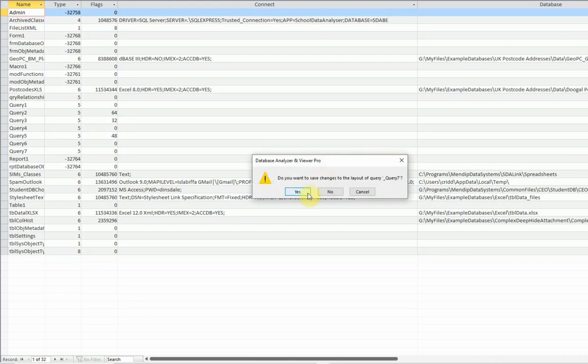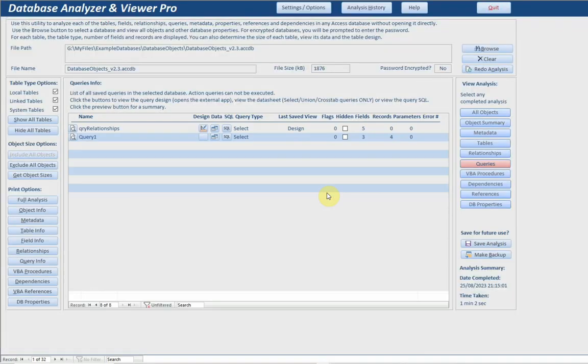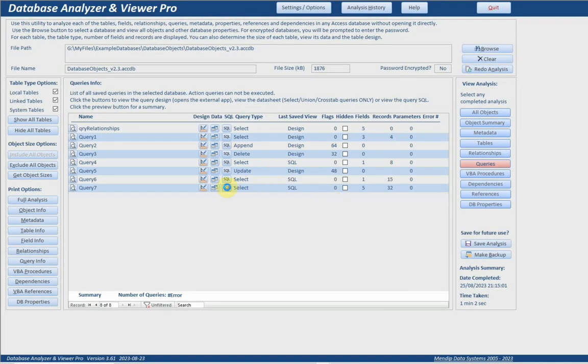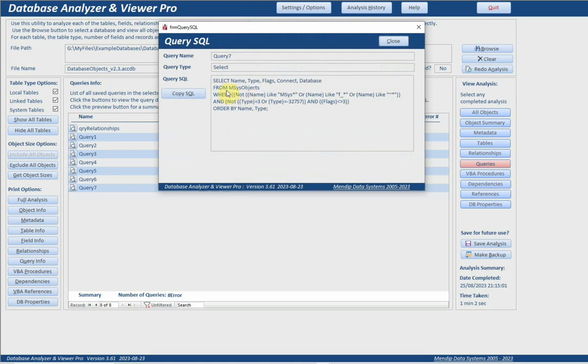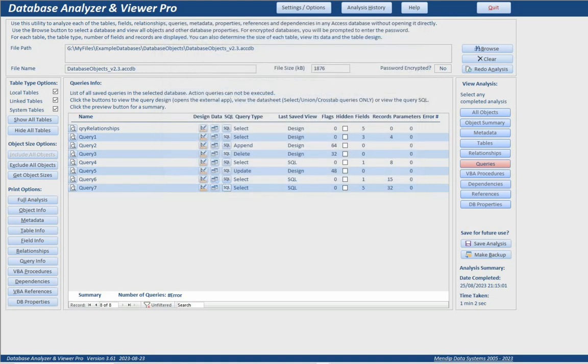Do you want to save the changes to it? Well, I can save them, but because it's linking to it, it won't have any effect. And we can look at the query SQL as well. And we can copy that, place it on the clipboard, paste it into another document like Notepad or whatever. So that's the queries section here, and all the rest of it are items I've shown you before. Coming back to the tables though,